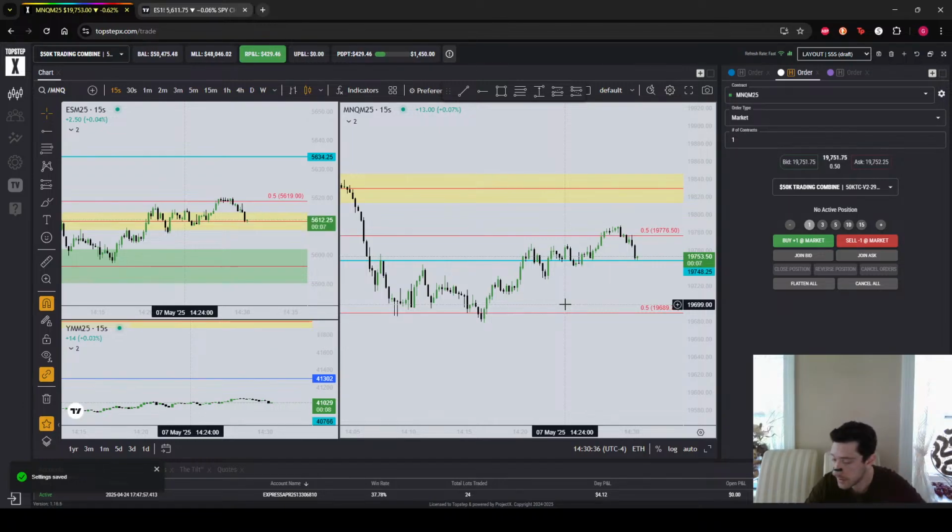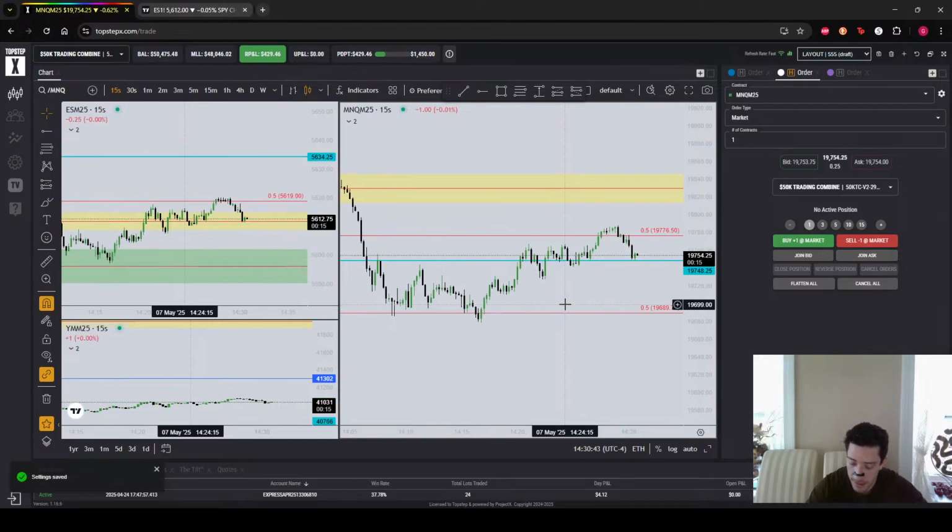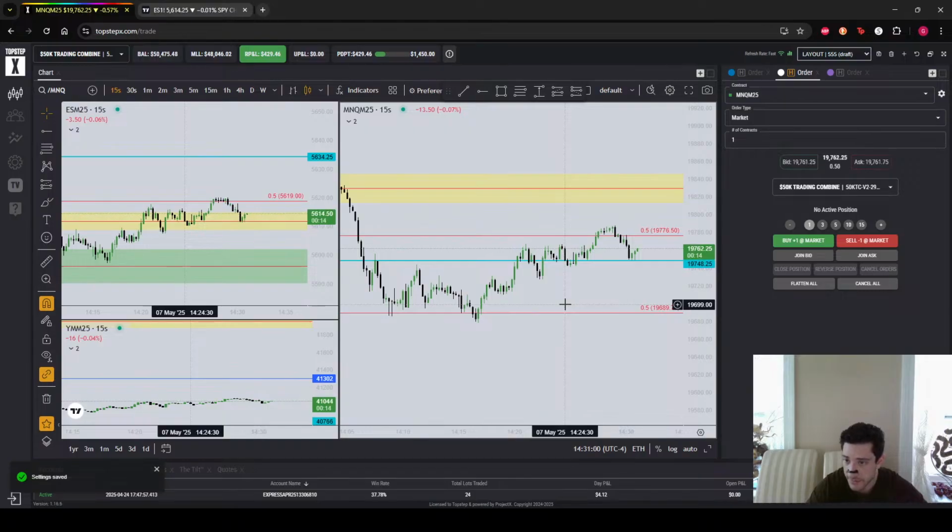If you're in the Discord, or if you want to join the Discord, you'll know that this was a level I was looking for since the beginning of the week. I didn't trade to it, but it obviously provided a trade off of it. We could be done, but I just wanted to hop on live since I didn't live stream this morning. I did take a couple trades this morning off of the live stream. I just wasn't expecting to trade, but saw some opportunities, and didn't feel like firing up the live for potentially 5 minutes.